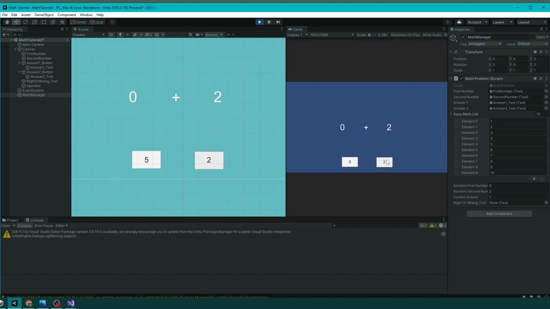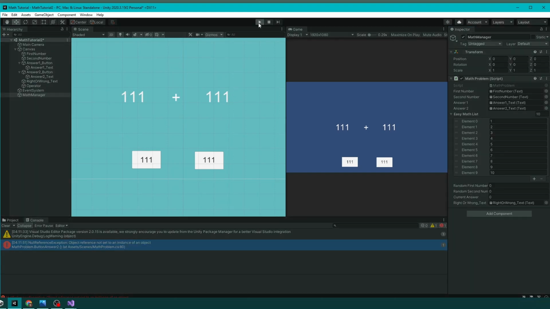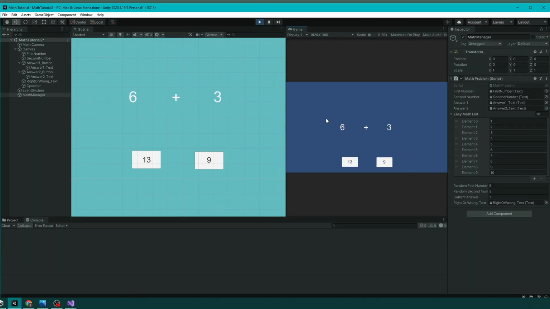So if we click it, oh, you know what I didn't do? We got to assign the text. All right, sorry about that. Okay, 6 plus 3. If we go to the manager, current answer is 1, which means the right answer is on the right. 6 plus 3 is 9. That is on the right button. So if we click it,